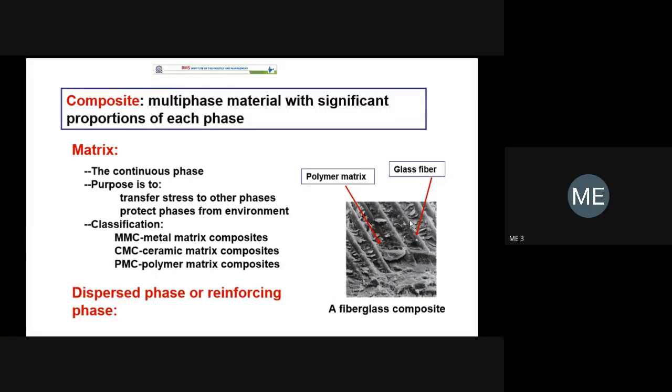So these are the glass fibers. You can see the long fiber like a cloth. The best example is polymer matrix composite. Imagine you have the cloth. If you dip it into the resin and allow it to dry, after some time we have resin, which is a polymer, and we have the fiber, the cloth fiber or cotton fiber. That will become the composite material that comes under polymer matrix composite.